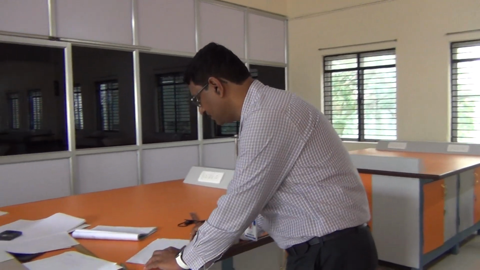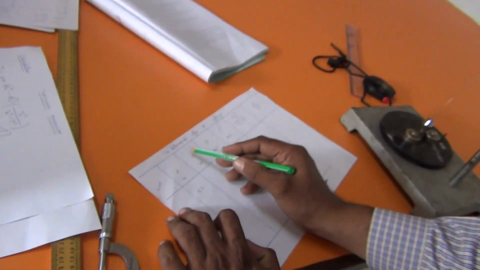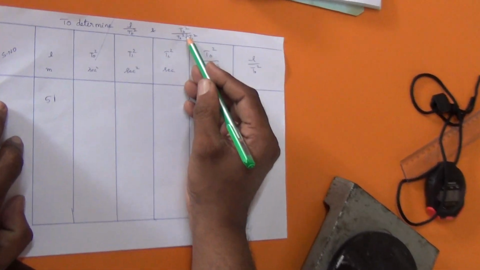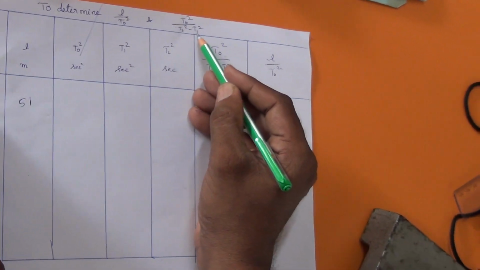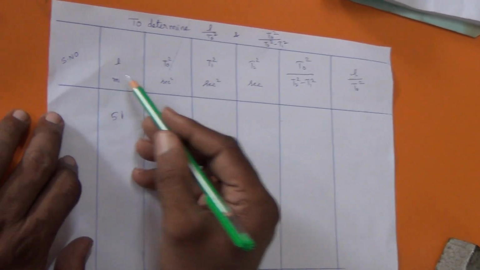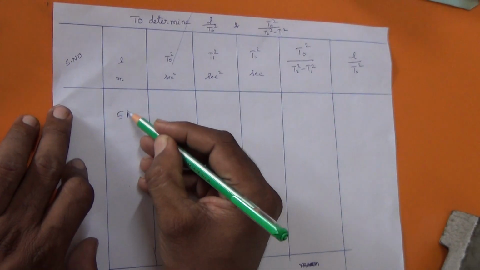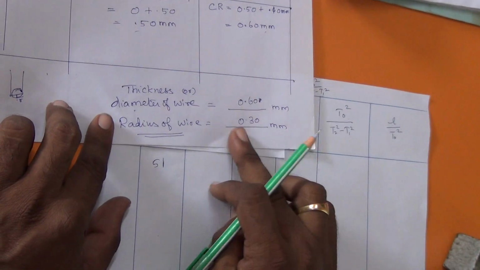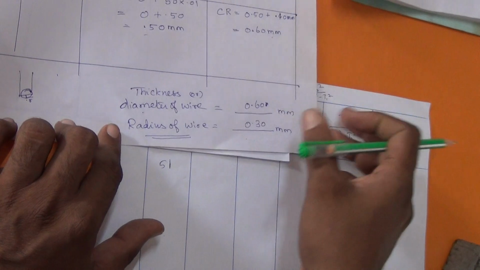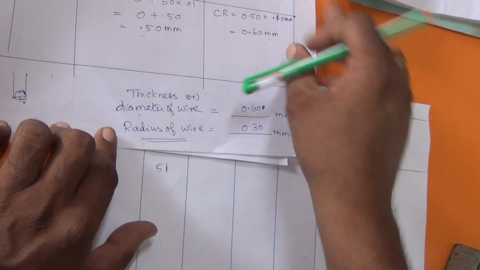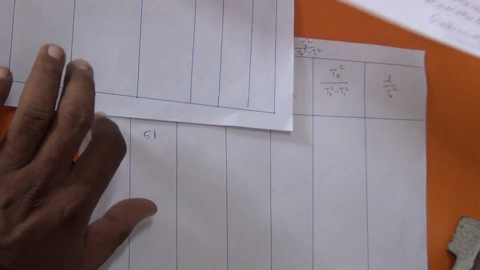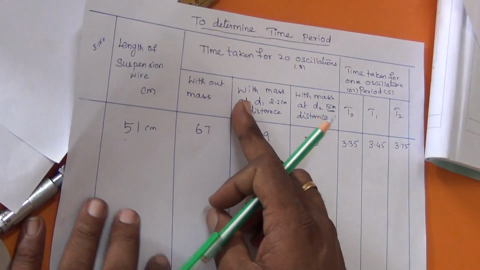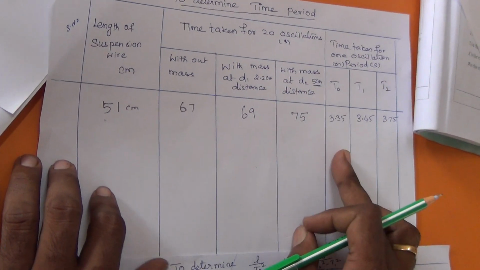Okay, let us come here. We have to determine L by T0 square and T0 square by T2 square minus T1 square. The length of the wire we already measured is 51 centimeter. The radius of the wire is 0.3 millimeter, from the thickness of the wire. And this is what we have seen to determine the time period. So T0 is